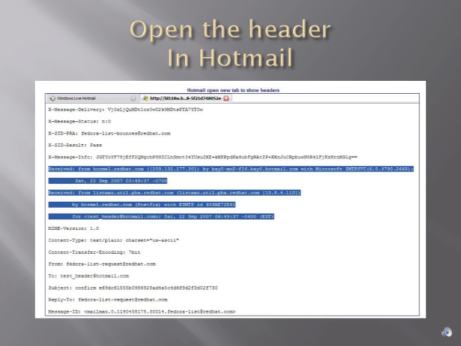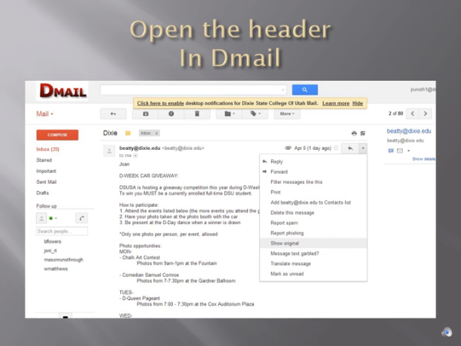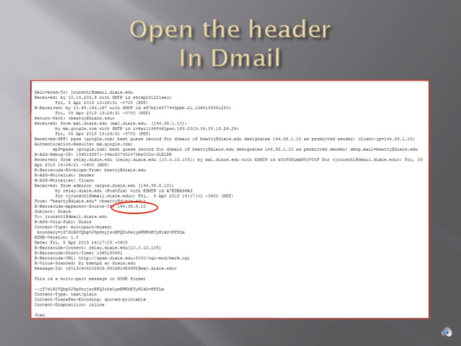But the end result is still that you would see the IP addresses and the times. Let's talk about Gmail, because hopefully we all have a Gmail account that we can get into. This is an email that I got from Dixie a couple of days ago. Well, maybe a couple of weeks ago. Looks like there's D-Week, they're going to have a car giveaway. This is exciting. So I open up Show Original, and there I have the IP address.